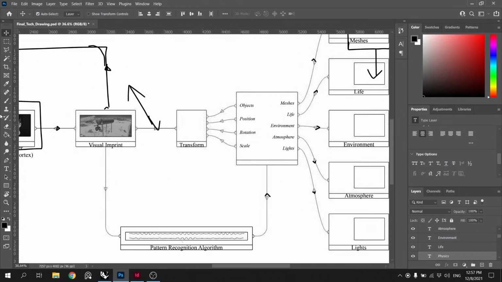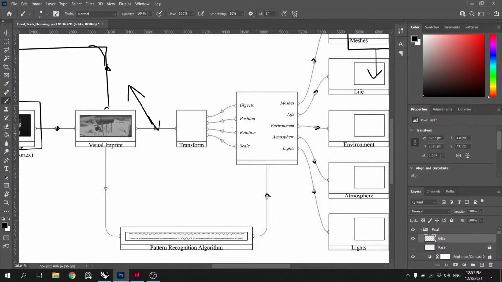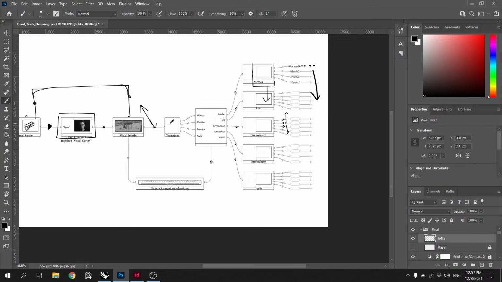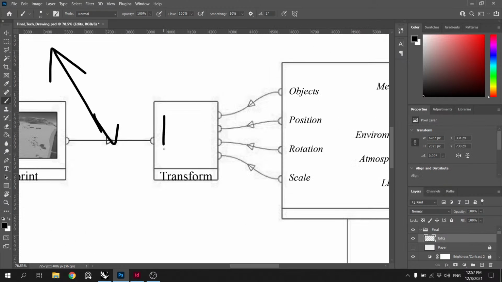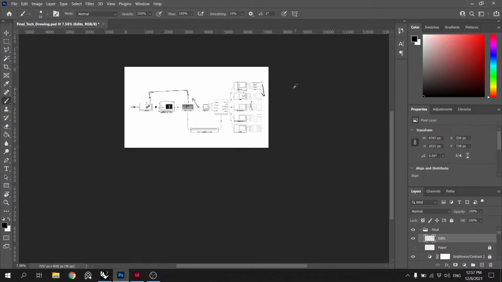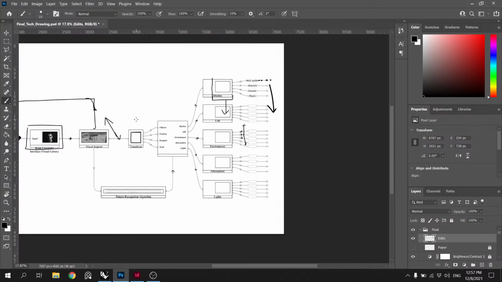And then the transform node as an edit could be something like this. Sort of like the same node.